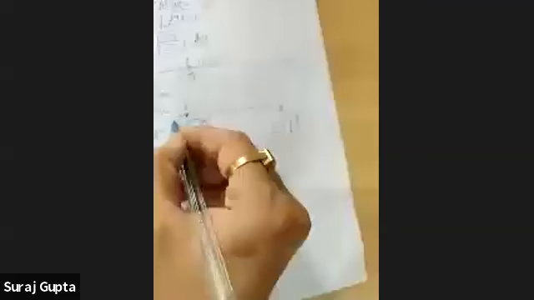Okay, this point is A, this point is B, and this point is C. So between points A and B, while the packet is moving up, at point B its velocity becomes 0. It comes to rest for a moment. V is equal to U plus AT. Final velocity is 0. Initial velocity is plus 12. Acceleration is minus 10. Time is t. So this t comes out to be 1.2 seconds. And this time is from A to B.